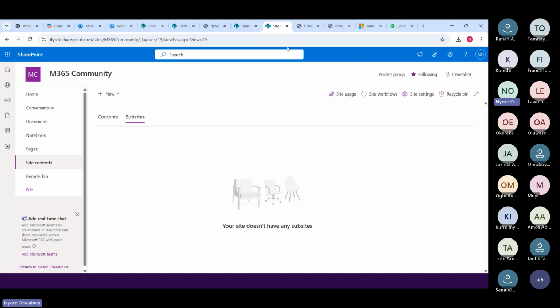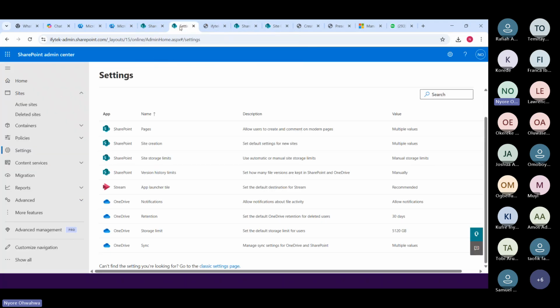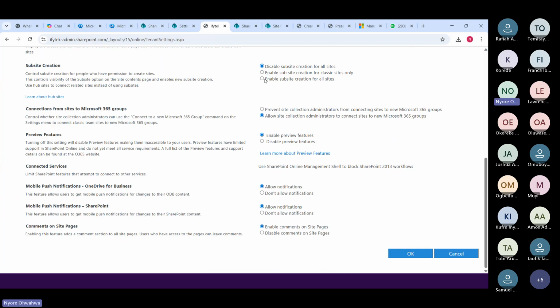But somehow he remembered that we had turned off sub-site creation, and then we went back to enable the setting. So I'm just saying, if you are trying to turn off some settings, and it's something you might not remember, just have a note somewhere of all of the features that you had turned off. So if you see something unusual, you can always go back, remember the setting that you had turned off and then try to turn it back on. And that should help you.